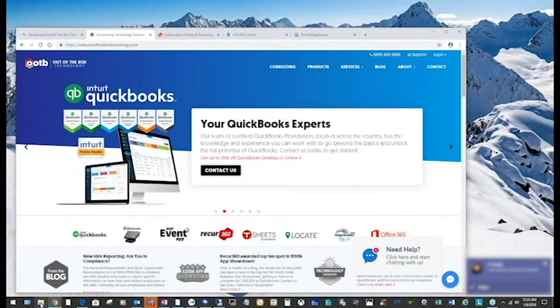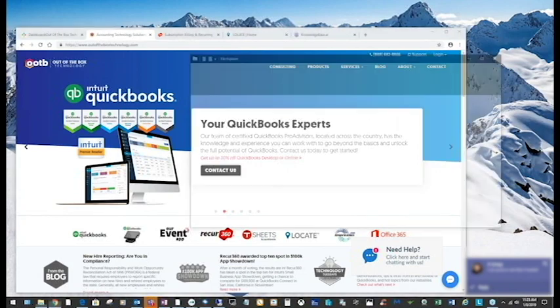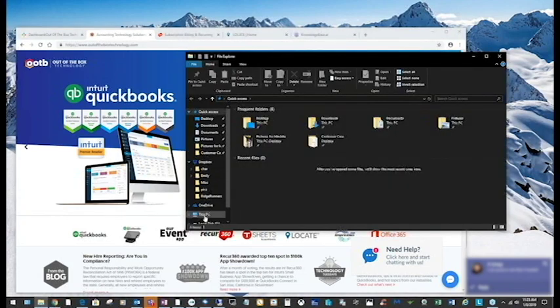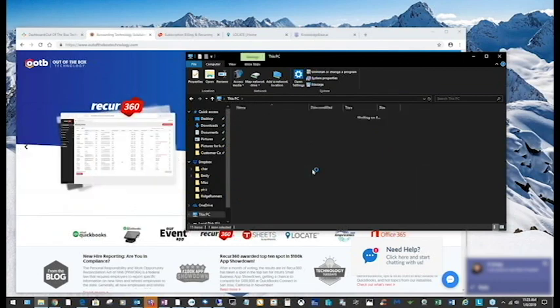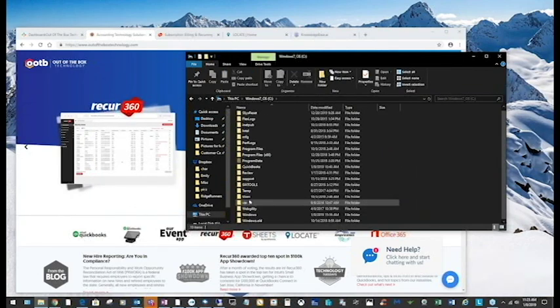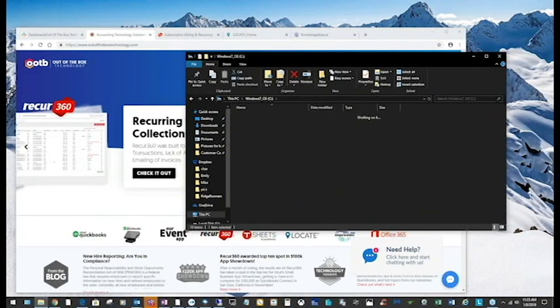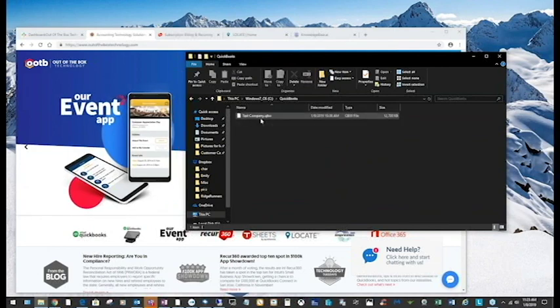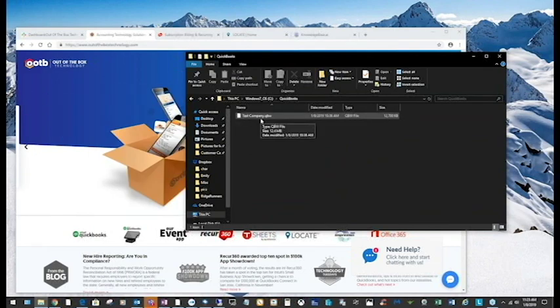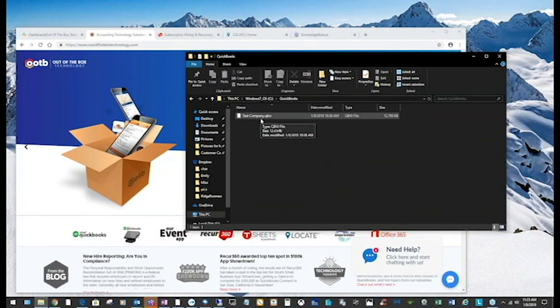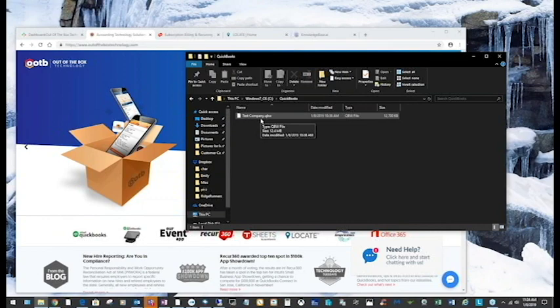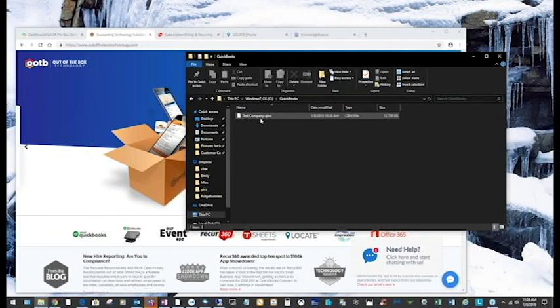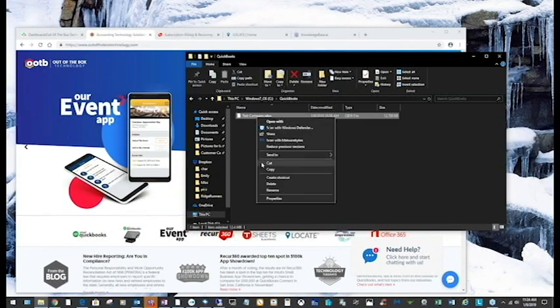So we would go to where your file is stored on your computer. I'm going to go to my QuickBooks folder, and then we would grab your company file. In most cases, beforehand we will run a rebuild on your file twice just to get rid of any errors first. Then we'll create a backup, and then we will move that backup into the environment. What we would do then is as simple as copy and paste.